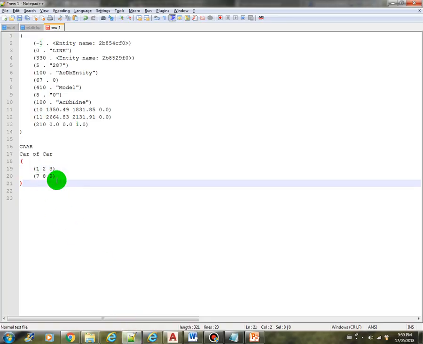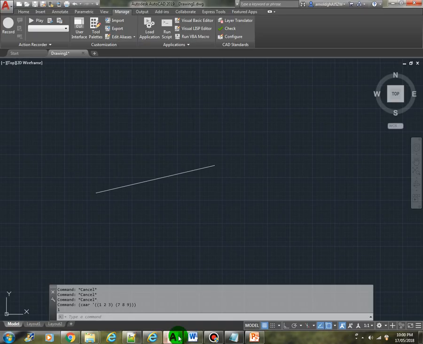Alright, so it returns the first item of the first list item in the list. This is the first list item in the list, and it returns the first item. That's why we have 1. Another example we have is CAAR, a list of